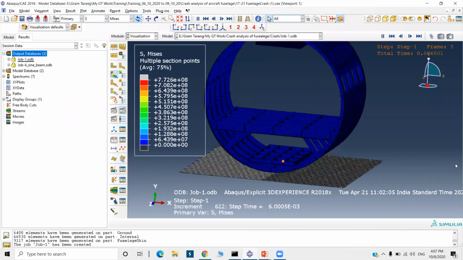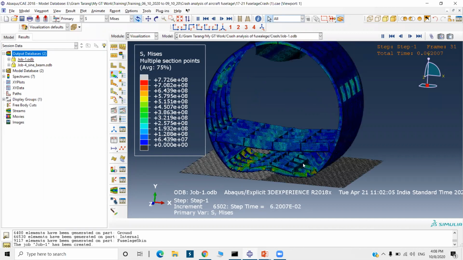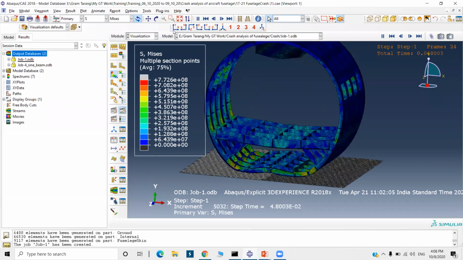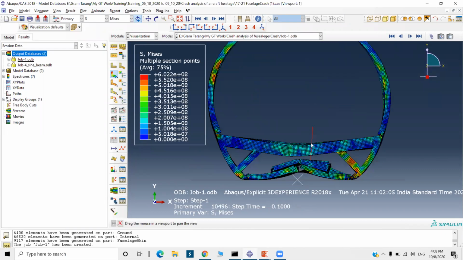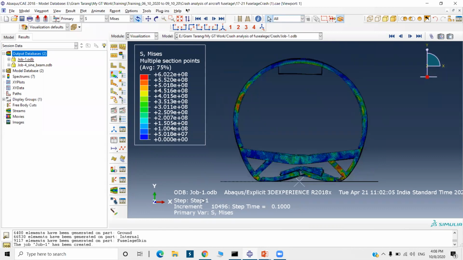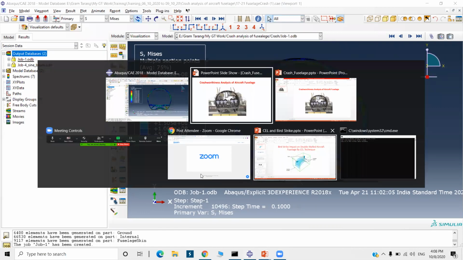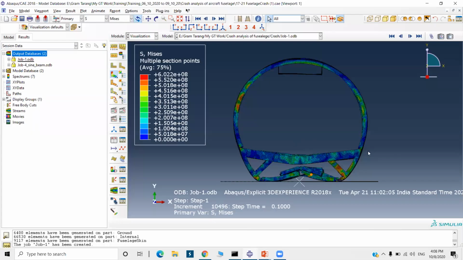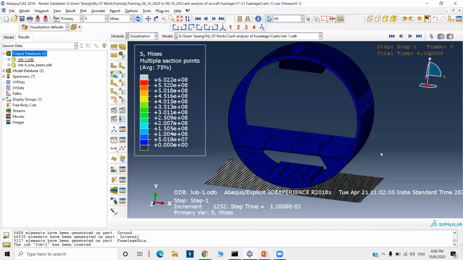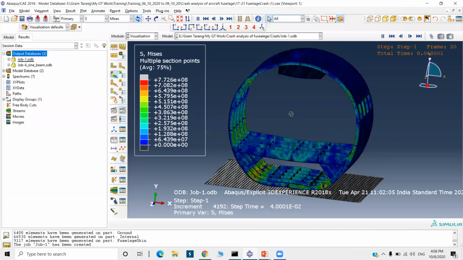The general features of the failed shape of the structures can be captured if it is compared to the available test data. Now I will show you the PPT here. You can check here. So it is almost the same. Now it seems the energy was mainly absorbed by the destruction of the composite skin with the oblique struts and bottom frames. Now we will check it for the fuselage skin only.